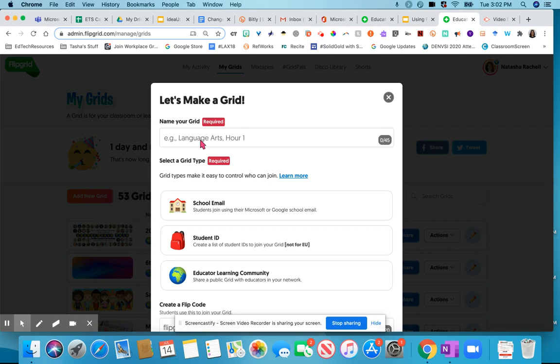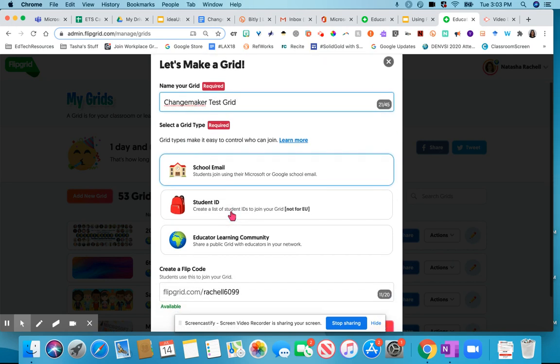I wouldn't just make one grid for the school year with all of your content in there if you're an elementary teacher, because you have so many different contents that you teach. So you really want to think about the best way to organize this, okay? So I'm just going to name this Changemaker Test Grid. And then as I scroll down here,